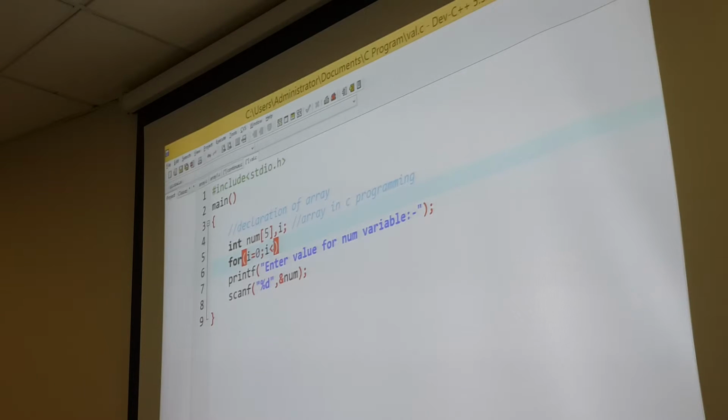Zero. So they are 0, 1. 0 is there. So I want to run this loop for 5 times. So what do I have to do? 5. If I write 5, it will run till 4. It will run till 4: 0, 1, 2, 3, 4. That's it, and you are having 5 values: 0, 1, 2, 3, 4.